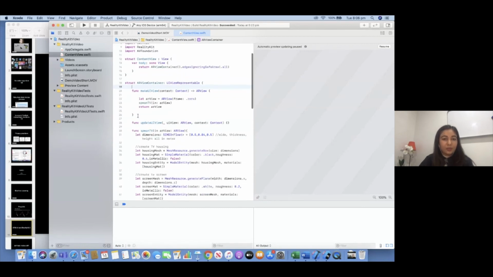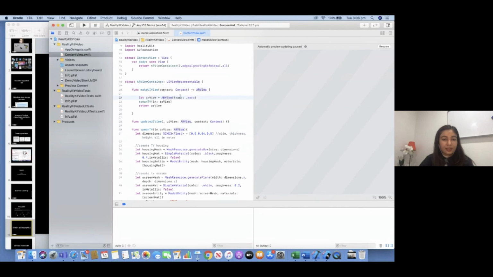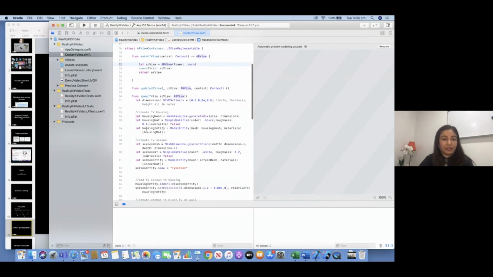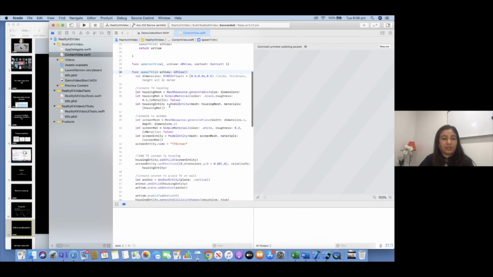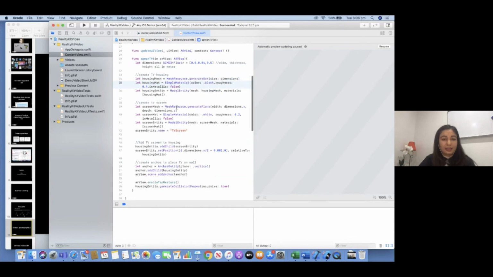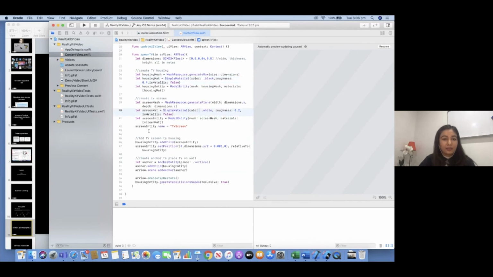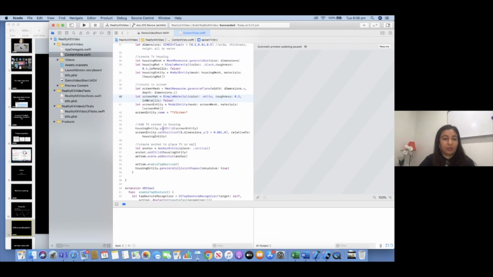Here, this is the view that I've created in the AR view, and I have one spawn TV function. What it does is we just create a TV screen. It's just a TV housing. We give size and color to that, and we create an entity. Within that TV screen, we add our